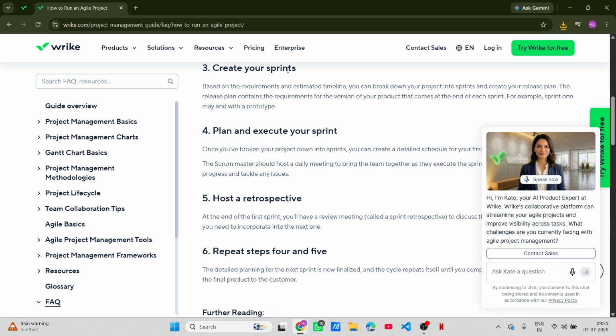related to the tasks. At the end of each sprint, conduct a retrospective meeting. This meeting is where you can review what went well, what didn't, and how you can improve in the next session. Document these reflections in Wrike so you can refer back to them as you continue to iterate and enhance